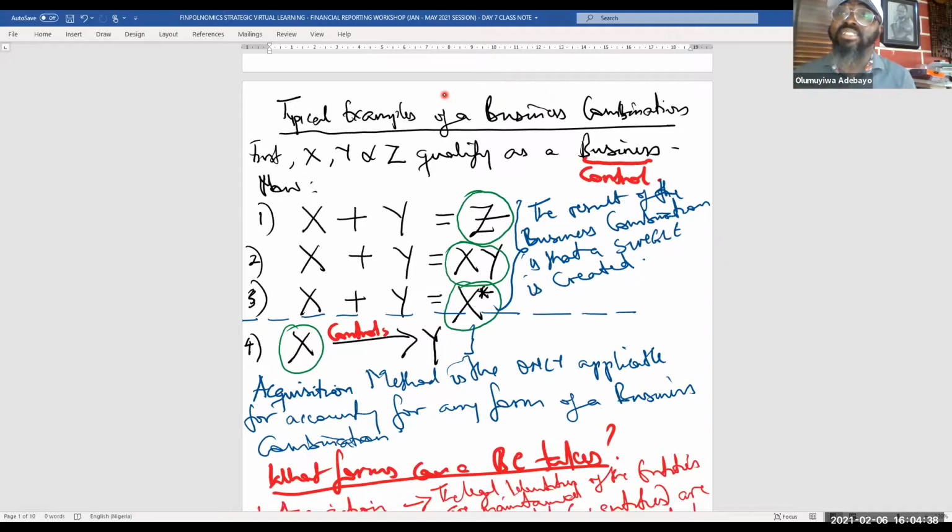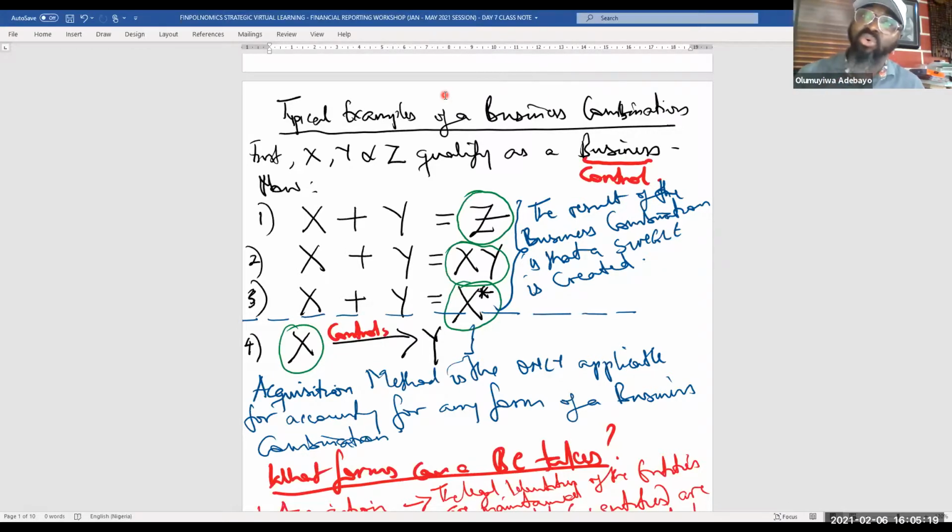And when a single entity is the product of a combination, where is the group in it? Because the word group means that there are at least two entities involved. But subsequent to this marriage, it's only one company that we can see, that we can deal with, that is operational, because every other entity has been subsumed inside it. In that regard, it reverts to a single entity as if nothing has happened. Therefore, such a single entity does not qualify as a group.